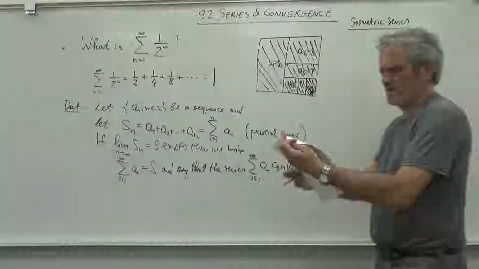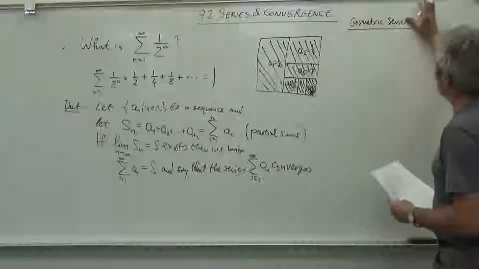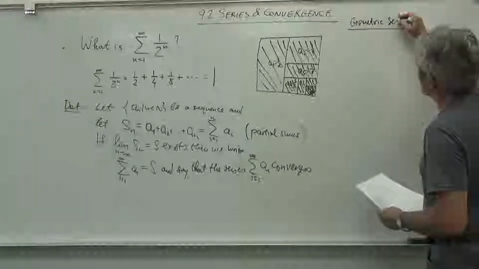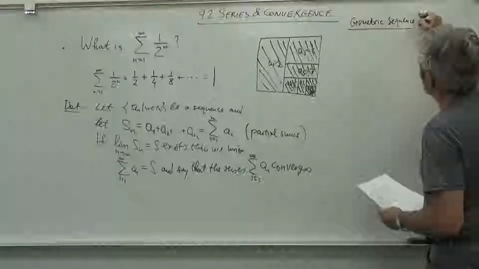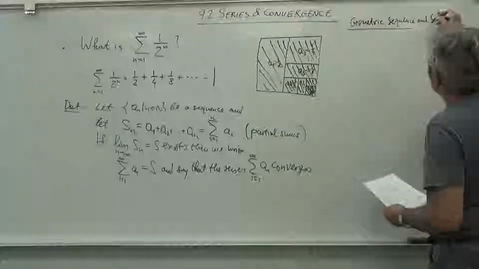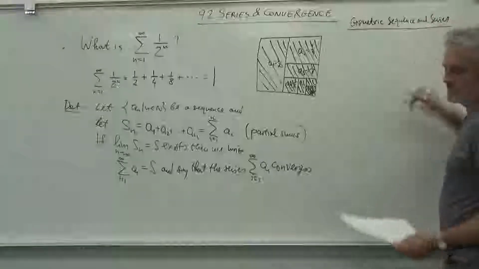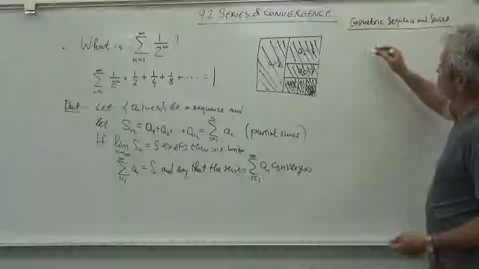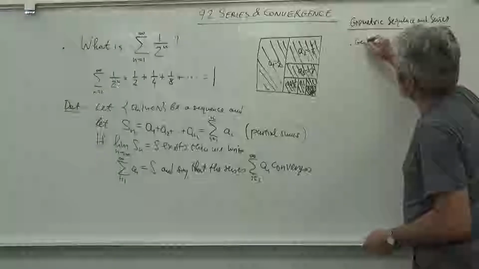So maybe the subtitle is sequence and series. We need to explain them both. So when do we have a geometric sequence? So, geometric sequence